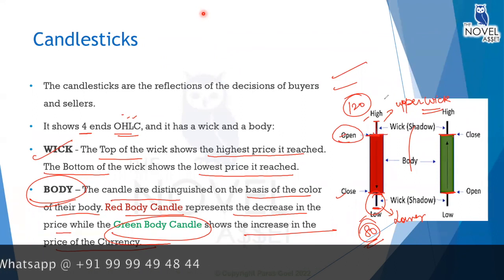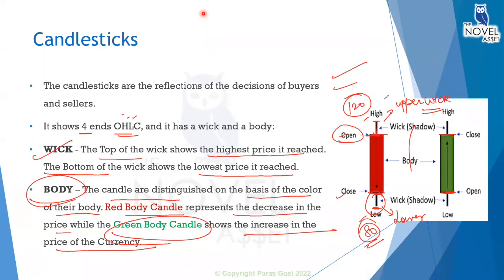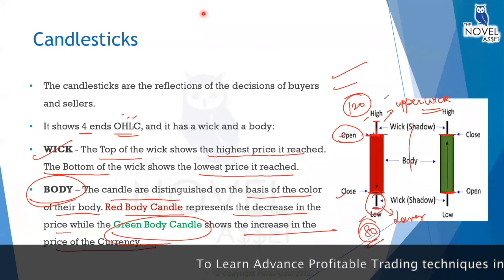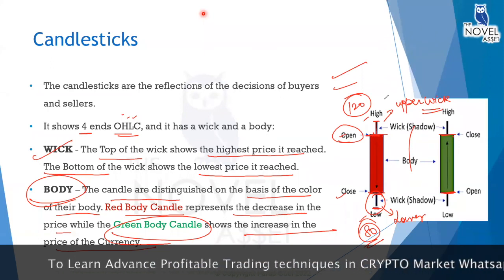See, understand that price action is nothing but the language of the price. So let's say when I'm speaking in English or when I'm speaking in Hindi, I'm able to communicate with you, right? You're able to understand my words. Similarly, price action is the language which communicates to you the direction of the price. If you know in advance that the price is going to go upside, won't you buy? Tell me.